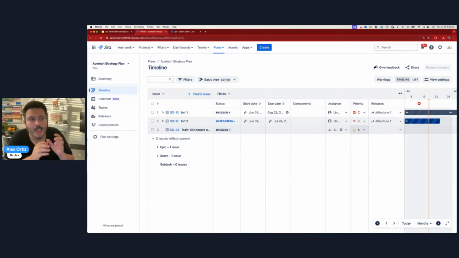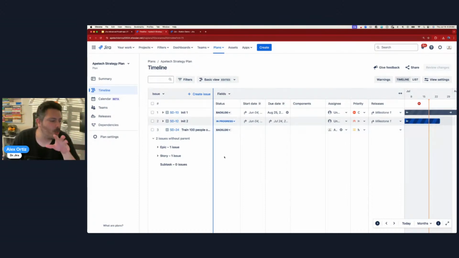The beauty of this advanced roadmap is that it's not any additional overhead. This is very important for me to echo a little bit more. Using the advanced roadmap is no additional overhead on your team. So your developers, your scrum masters, the people on the ground floor interacting with Jira every single day, just because you're using the JAR doesn't mean that they now have to do all this extra work. You as the project manager may have a lot more work to do, but them, the everyday users of Jira,